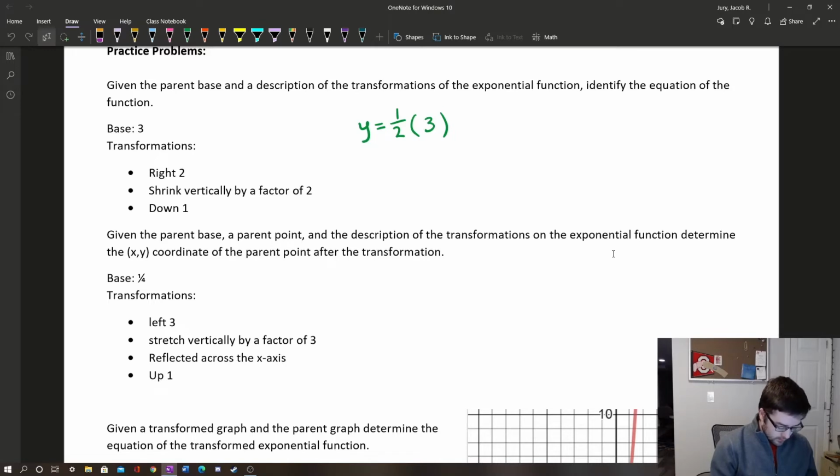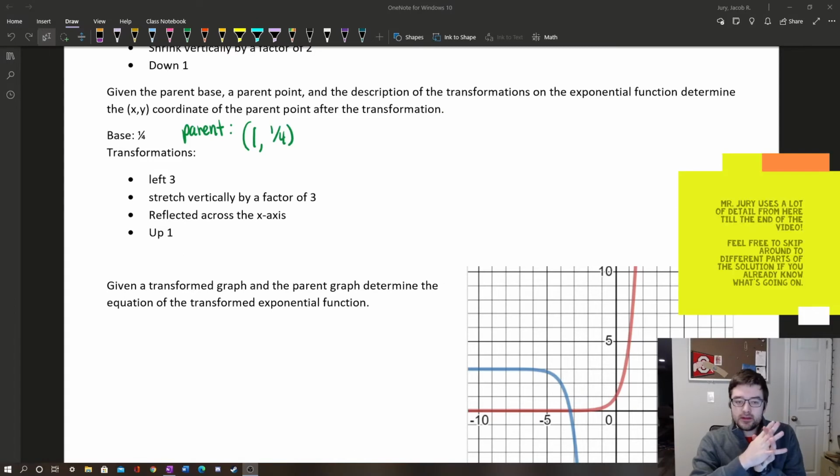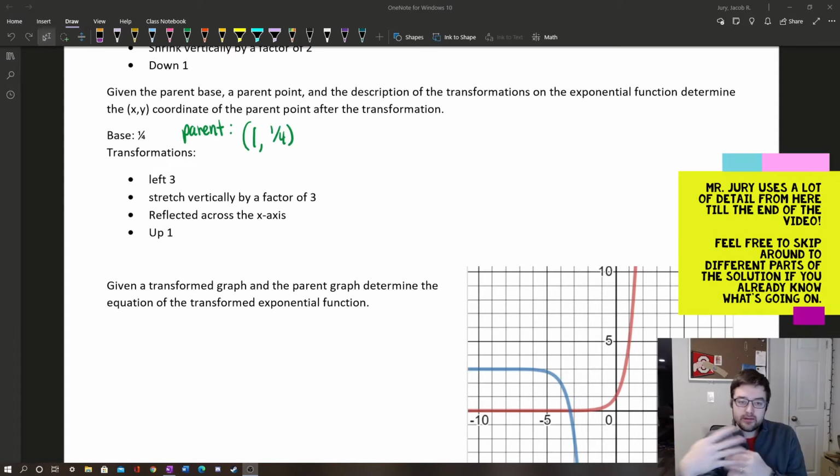And we're moving this whole function right 2 and down 1. So right 2 and down 1 are a little bit easy here in this situation. So there we have it. We have the equation of the exponential function. So the second question in this list is given a parent point